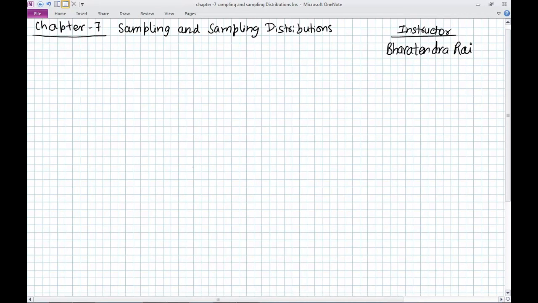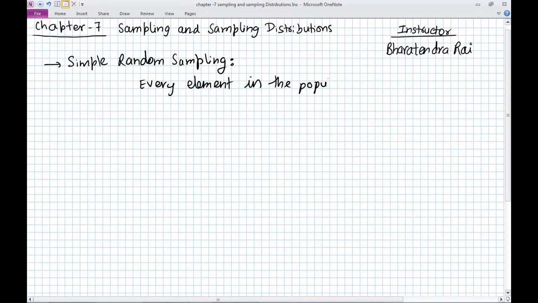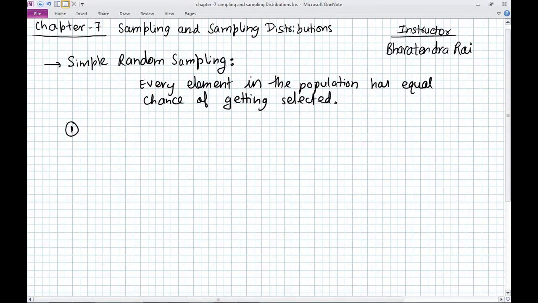So as you know, sampling is a very important process to estimate the values in the population. So we take a sample and we have to make sure that the sample is good. Now there is a very popular sampling method called simple random sampling. Simple random sampling is defined as a process where every element in the population has equal chance or equal probability of getting selected. For example, let's say we have a very small population, and this small population consists of only